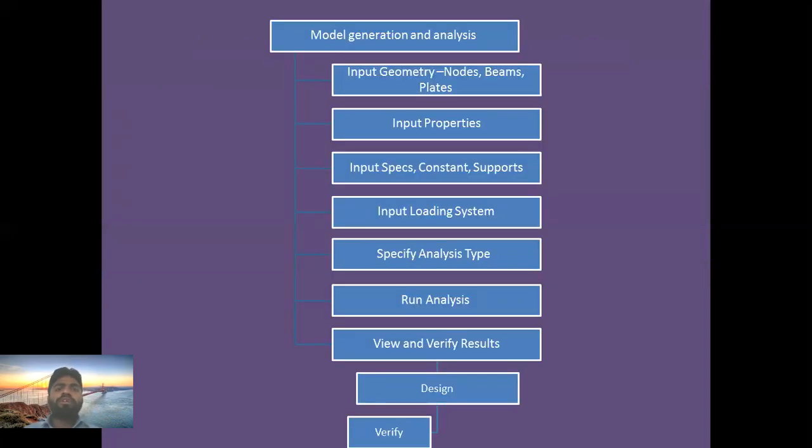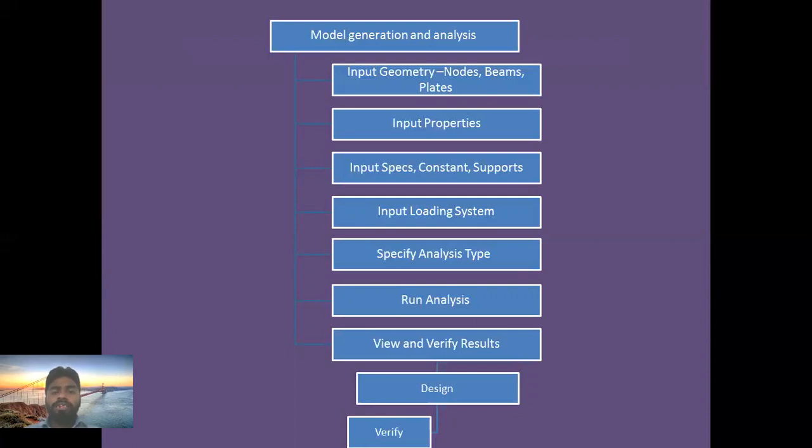So next is the model. Actually, these are the steps which include the analysis. First one is model generation and analysis. In the model generation, you have to input the geometry. For the geometry, we are going to use nodes, beams, plates. Next, include properties.